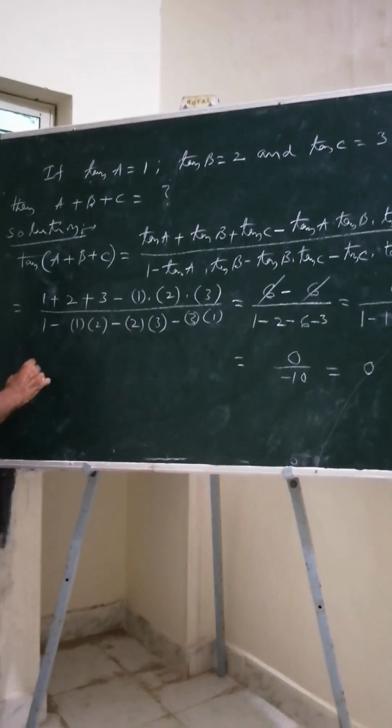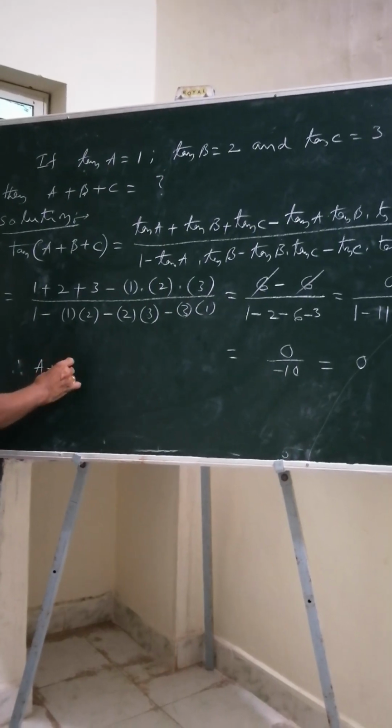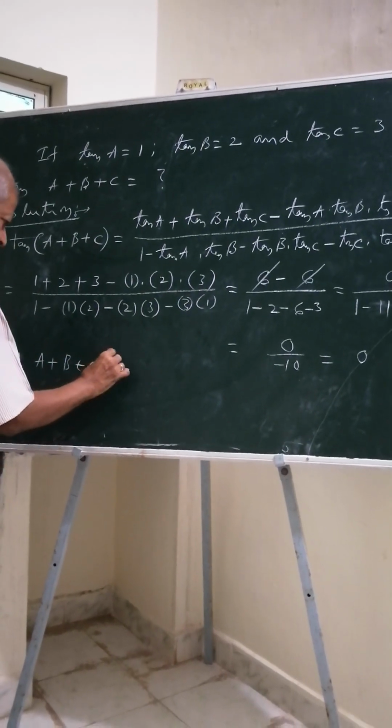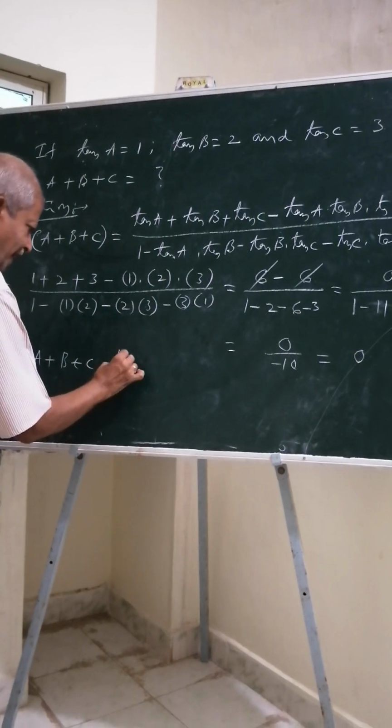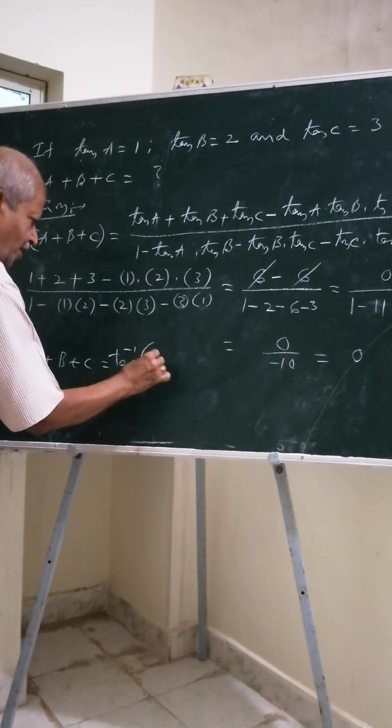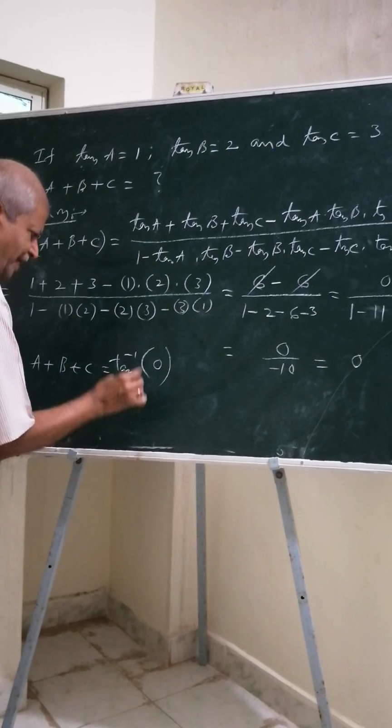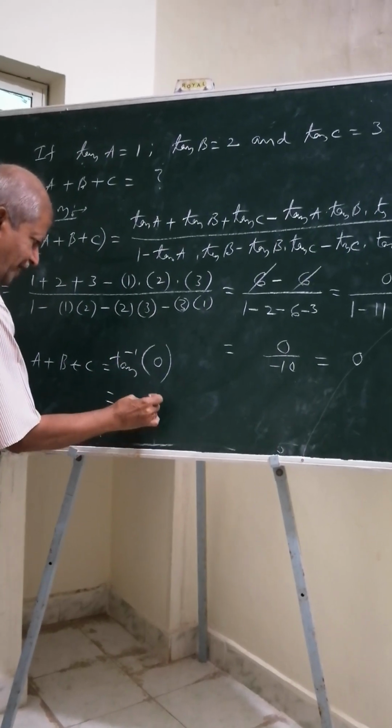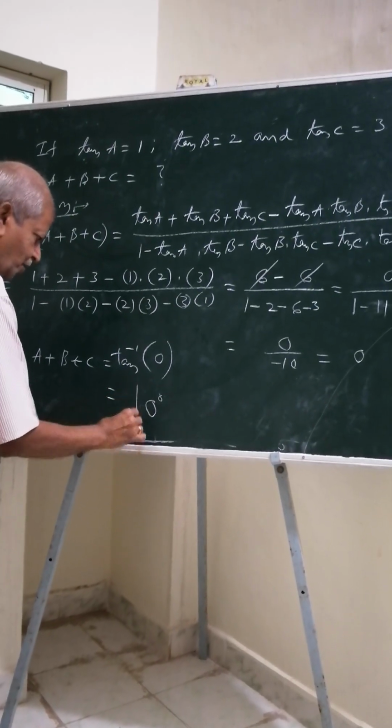Now therefore A plus B plus C equal to tan inverse of 0. So how many degrees? Tan 0 degrees is 0. So therefore